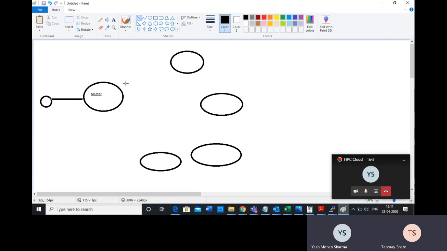So there is a procedure to connect to any of these machines.